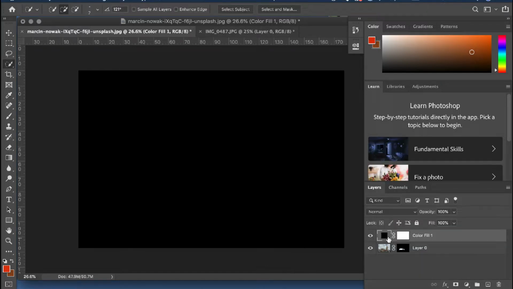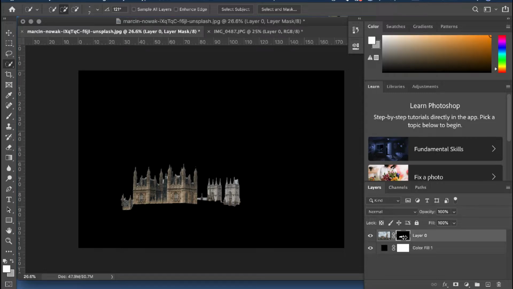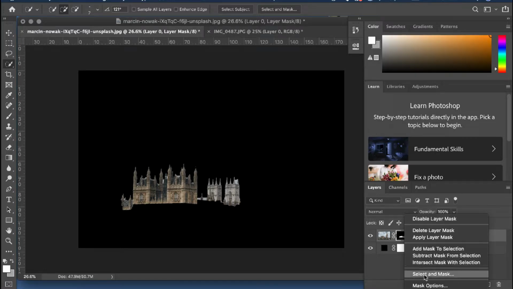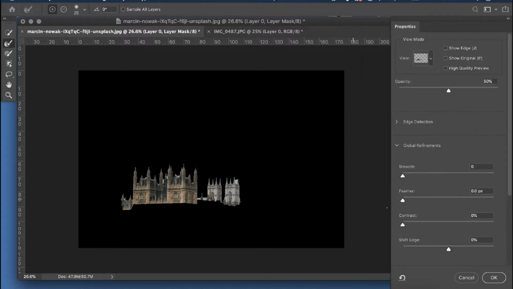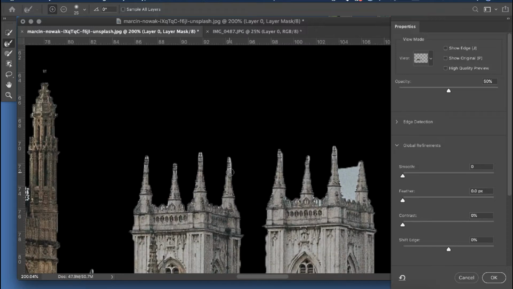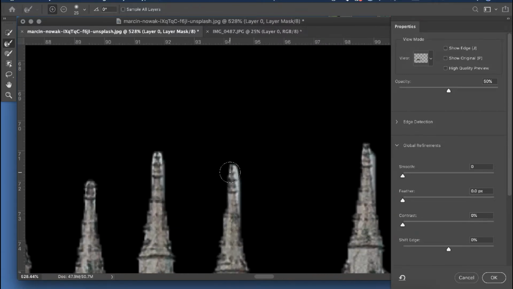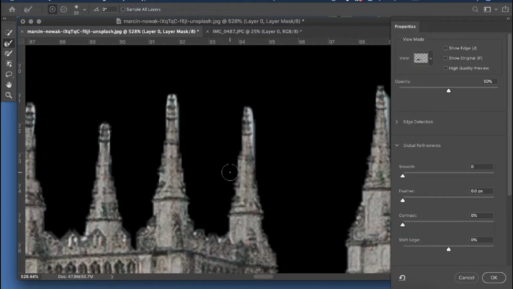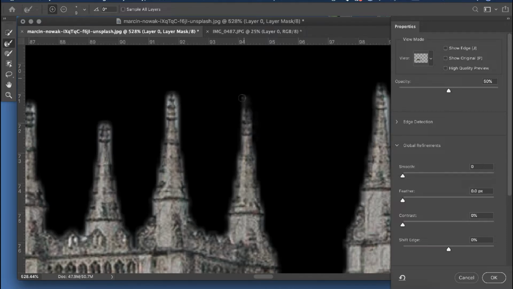Now the next step is to drag the color fill layer to the below layer and then right click on the mask of layer 0. You will find a box in which just select and mask. Now you can see you are opened up to a black page in which you can see only your cutting with the hard finishings of edges. Now just click on the refined edge brush and move it all over your cutting.